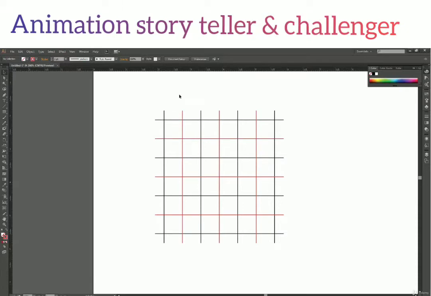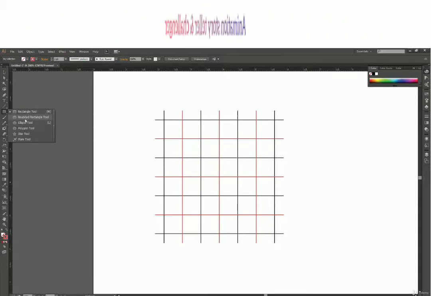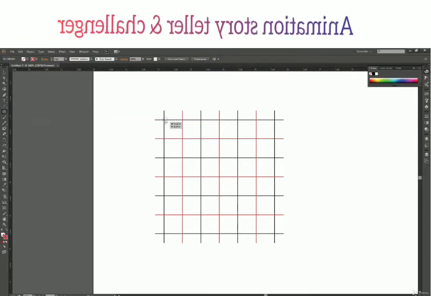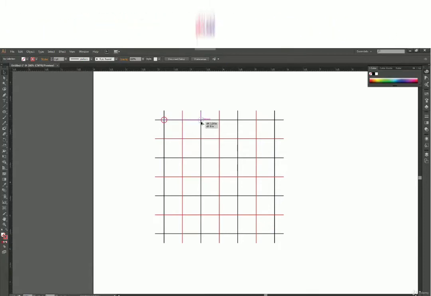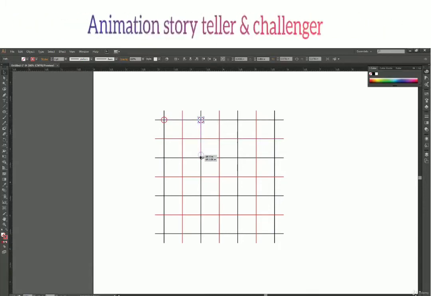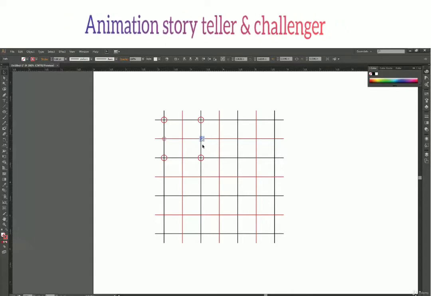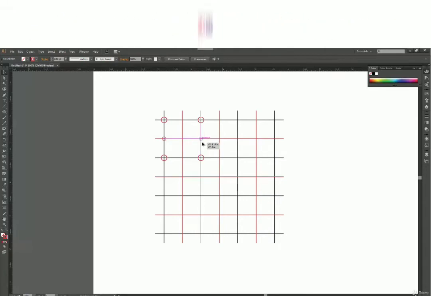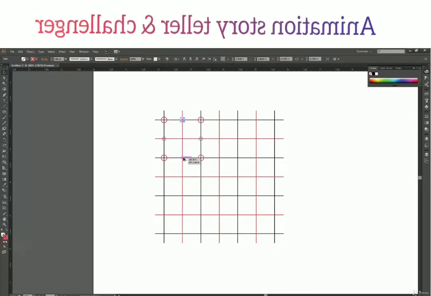Now when you switch back from lines to dots, what Illustrator does is it creates a dot at this point. So here it will create a dot, and here it will create a dot, here it will create a dot, here, and then a few small dots over here, here, here, and here.